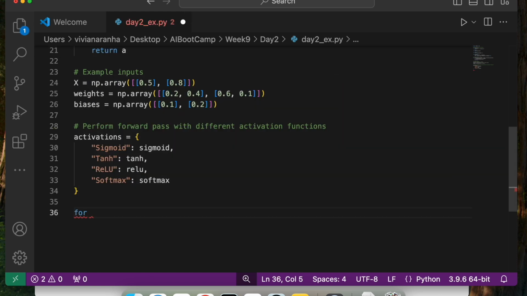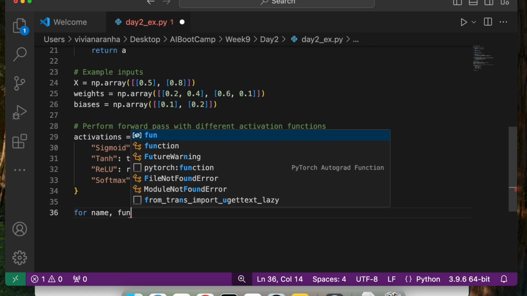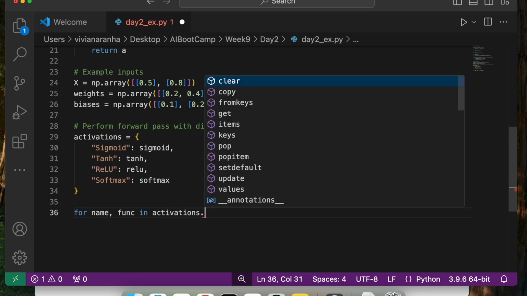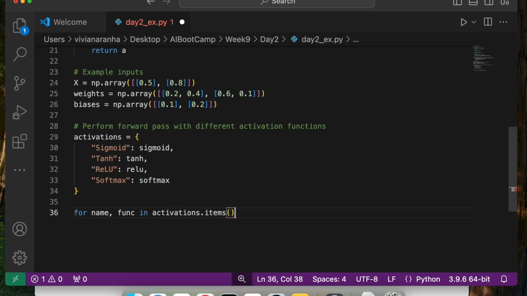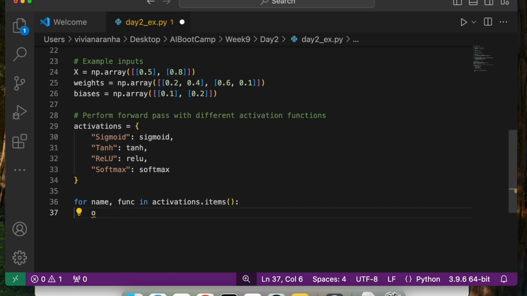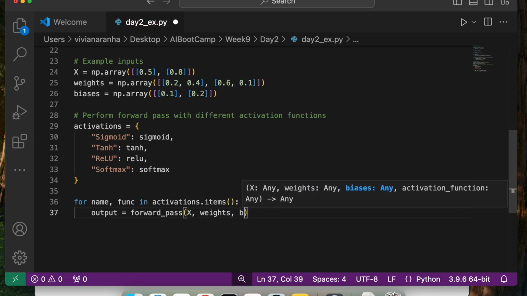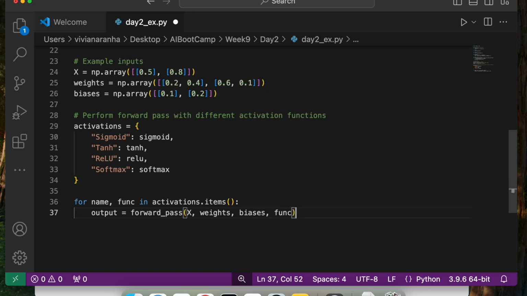Now I'm going to go through these activation items. So I'm going to say name, function in activations.items. So this is the name, this is the function. I am iterating through each and every item here, and I'm saying output equal to forward pass, passing x, passing weights, passing biases, and passing the function, which is the activation function it needs.